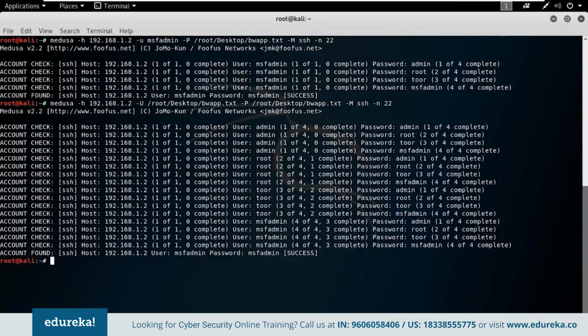So that's it, guys. Let me summarize what we've learned today. You learned what Kali Linux actually is and how it is better when compared to other Linux distros and why you should use it. Then we saw how to install it, different installation options as well. While you are installing, if you find any error, please do post them in the comment section. We'll get back to you. After that, we discussed like 4 or 5 different tools, right? We discussed Burp Suite, we discussed Medusa just now, and we discussed 3 other tools. So these are just like 5 out of 600 tools that there are.